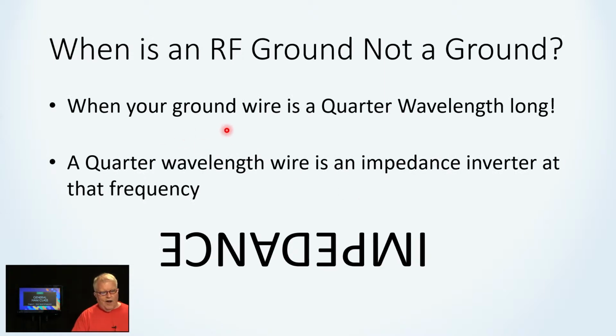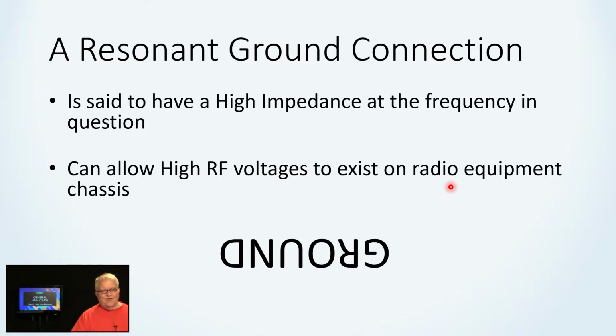When your ground wire going to a ground stake, pounded 8 feet into the ground, is a quarter wavelength long, it might as well not be there. Or if it's a quarter wavelength or a multiple of a quarter of a wavelength, it looks open. It looks like there's no connection whatsoever, because a quarter wavelength wire is an impedance inverter. It's ground at one end, but wide open at the other end. And that's known as a resonant ground connection. It's said to have a high impedance at a particular frequency, and this can allow high RF voltages to exist